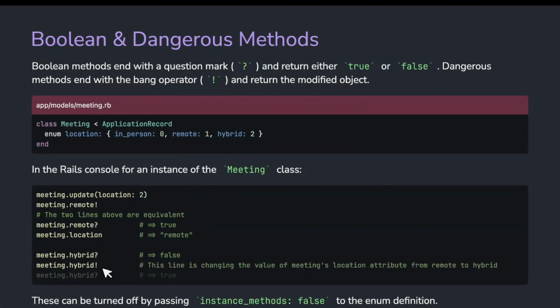But if we type meeting.hybrid with the bang, it's changing the value of the meeting's location from remote to hybrid. So now calling meeting.hybrid with the question mark returns true. So these come automatically with the enum definition, but you can opt not to have that by passing instance methods false after this definition as an option.